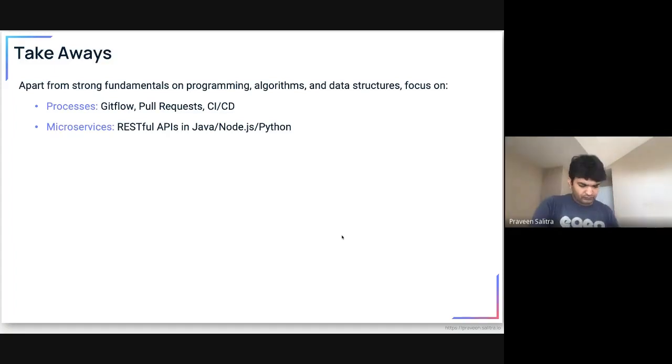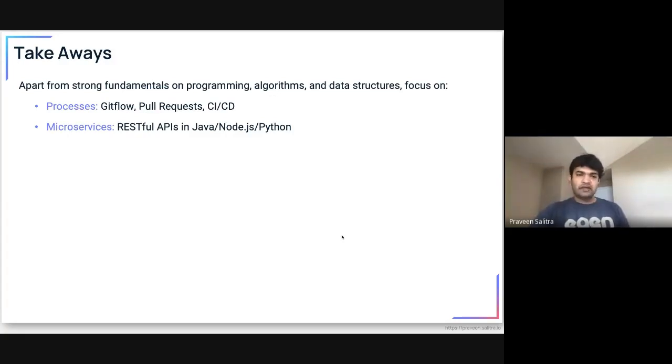Most of the time, when students get out of colleges or universities, and you hear the words that they are not industry ready, these are the things we are talking about. They know the basics of programming, algorithms, and data structures, but they fall short on some of these processes, because differences are there when you work alone versus when you work in a team of 10 engineers, right? Two of them are just QA, or three of them are, or one of them is just a product analyst.